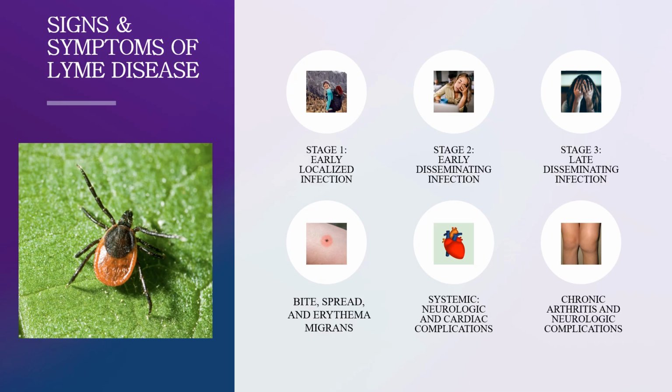Now, in a late disseminating infection, which is stage 3, chronic arthritis, we will see a lot of joint inflammation, typically in larger joints, which we can see there in the picture of the knee, and then also other neurological problems in stage 3, such as nerve damage in the arms and legs, because